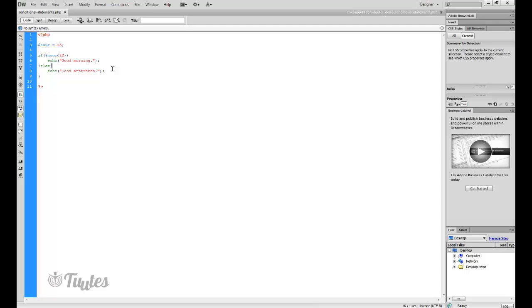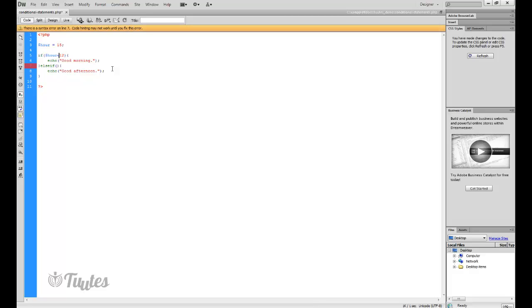So we basically need to amend this middle else statement. Instead of just saying, well, if it's less than 12 do this, but for everything else do that, we're going to say if it's less than 12 say good morning, else if, and this is one word, and then we need to put our condition in brackets like we did in our initial if statement line. So else if hour is greater than 12,